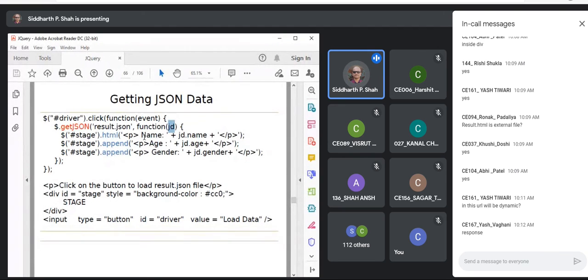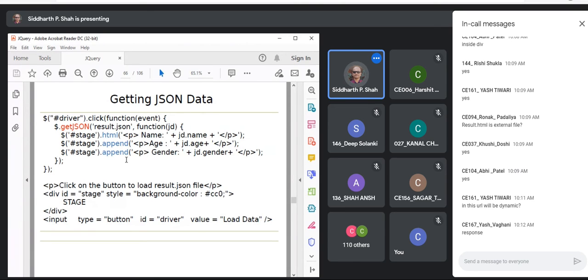And as you know, it is JSON, so you can always do something like this. You can set values in these different divisions. In the division, first you will set its inner HTML, which is a paragraph with name equal to JD.name. As JD is the JSON object, you can call JD.name and you will get that value. And then after that I call append. Append is another method, so it will be appended after the first value. Whatever is there, this will be appended after the second value.